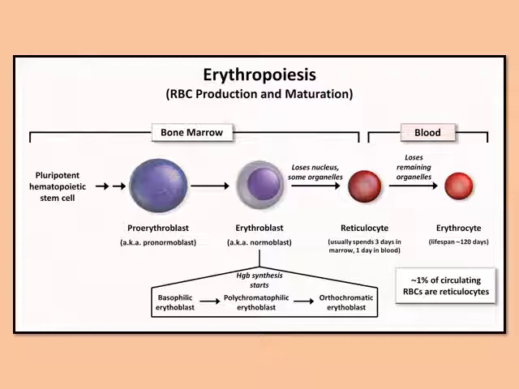It releases its nucleus and develops into erythrocyte. As we have already discussed, red blood corpuscles are non-nucleated. Erythrocytes or RBCs have a lifespan of 120 days. As the red blood cells become older,